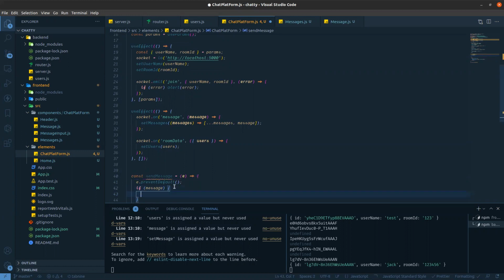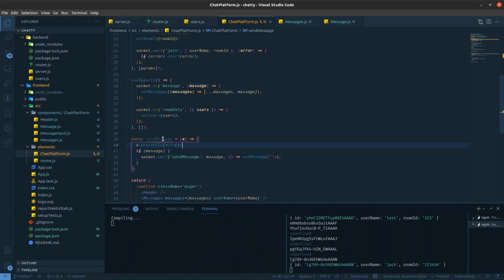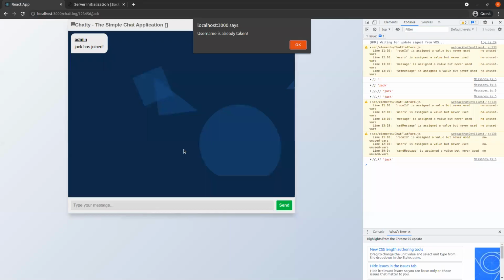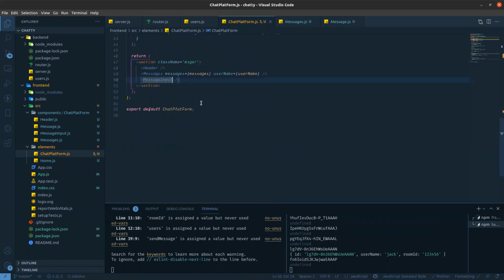So socket dot emit send message. This is the fire event name, and the message will go as data. After that, when the callback happens, we reset that message to blank. This send message will go to the message input method.